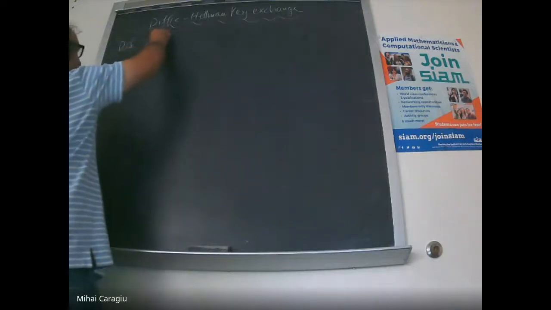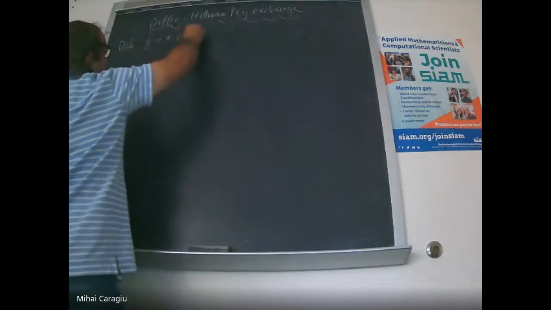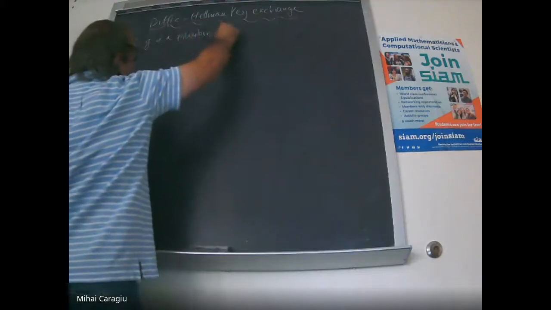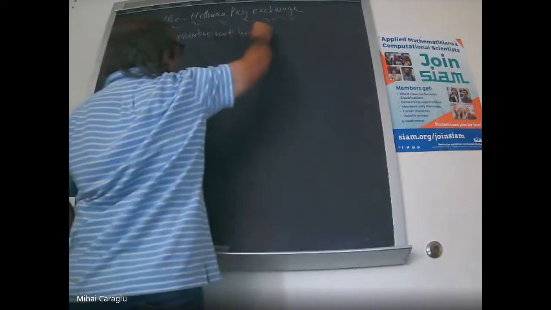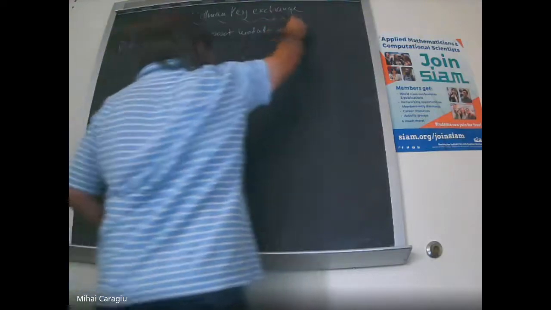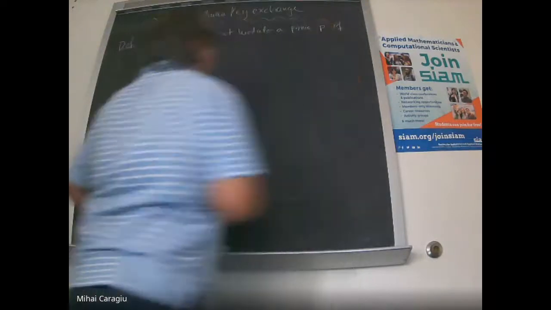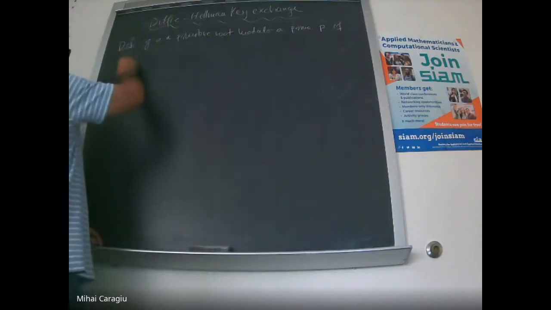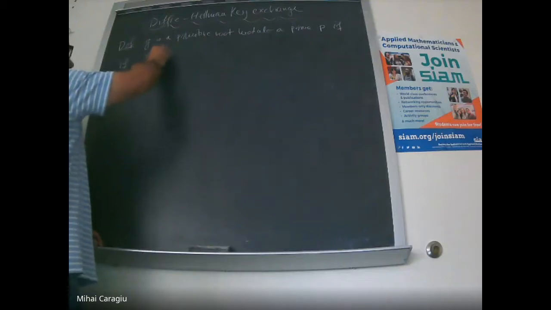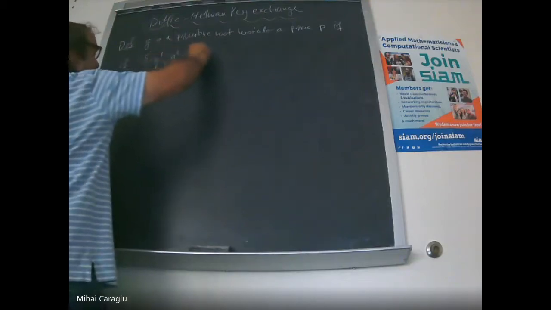So what is a G? Let's write down a definition. G is a primitive root modulo of prime P if the powers of G cover everything that is non-zero modulo P. So if the set consists of G to the power 1, G to the power 2, all the way through G to the